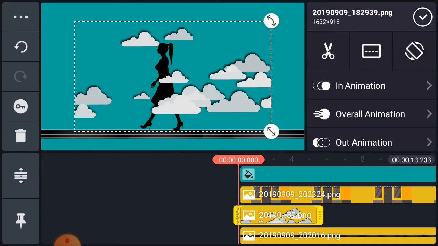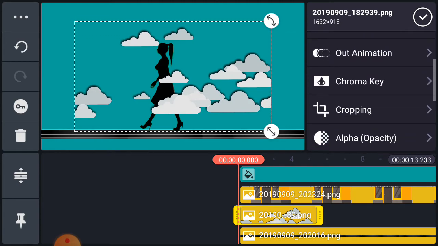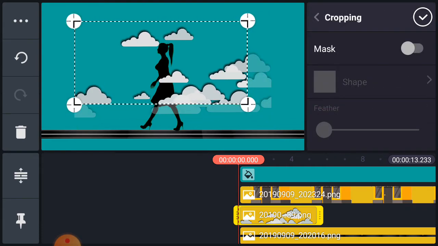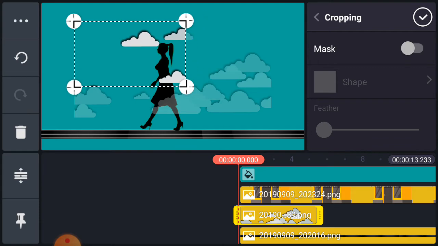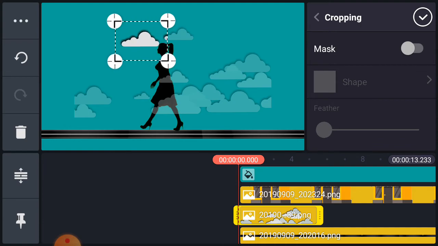You will crop. On the right hand you will find the crop. Here cropping, you will click on the cropping and you will make it small. Suppose just only one cloud. Suppose I put only this one, then click OK.